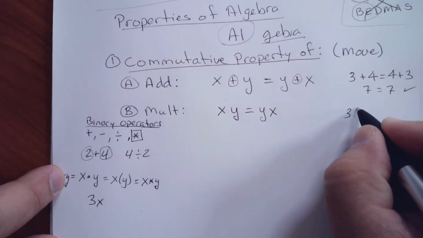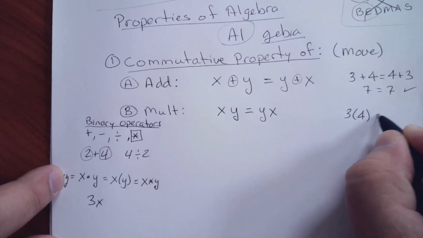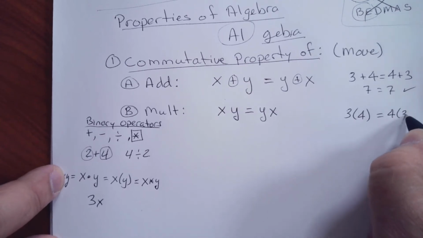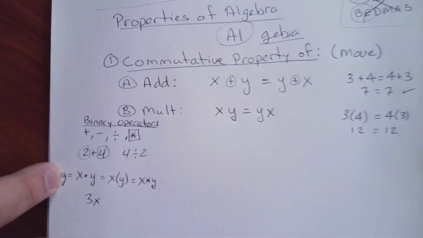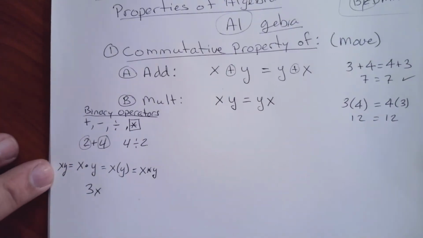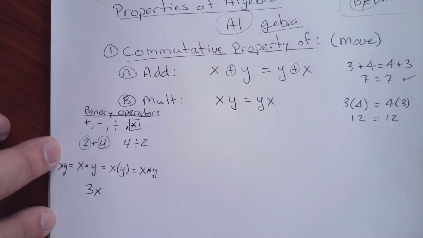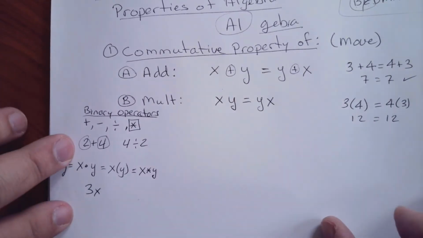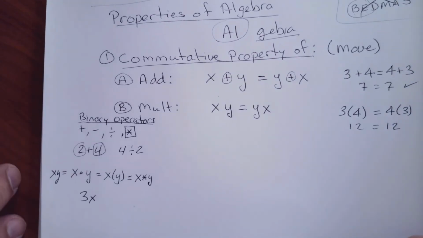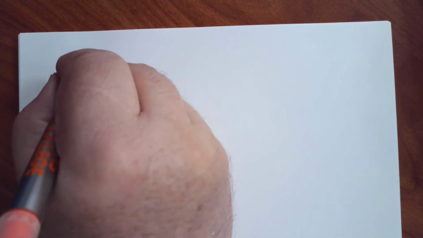So, 3 times 4 is the same thing as 4 times 3. They both equal 12. So that's the commutative property. That's the property that allows us to move things around. Are we limited to only 2 numbers? No. Let's see what symbols I use there. No, it's 2. The next property